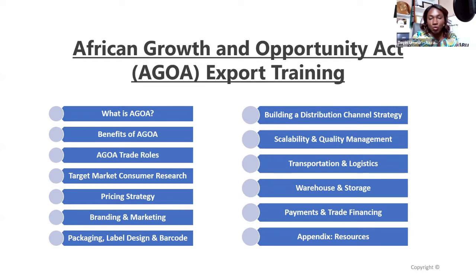Right? Is it a B2B or is it a B2C or is it a B2G? Who are your customers? Who is going to absorb these products from you? Or how do you distribute those products in new markets? How do you structure your pricing strategy, right? Pricing, believe it or not, is always a factor in international market. How do you stay competitive when it comes to pricing and quality, right?